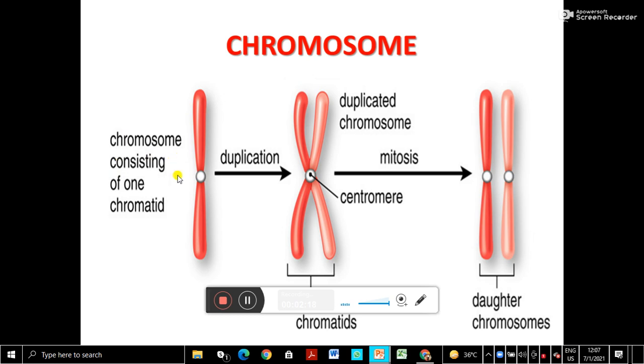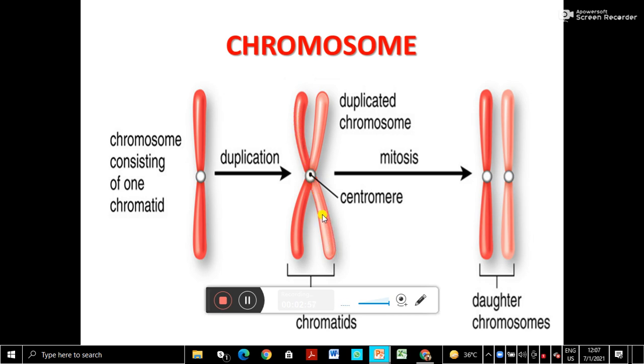Now at the time of cell division, that is when the cell is preparing for cell division, what happens? Each chromosome gives rise to another new chromosome. We have learned chromosomes are made up of DNA. Chemically it is DNA. So each DNA gives rise to another copy of it, and these are called the chromatids. These two are called the sister chromatids. They are exactly the same: the location of the genes is the same, the length is the same, an exact replica.